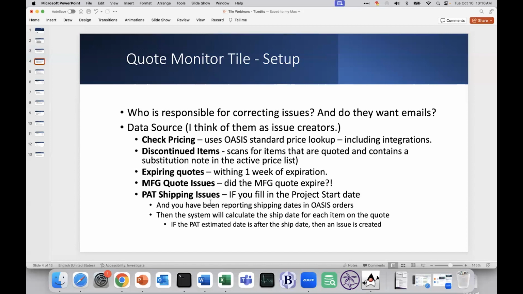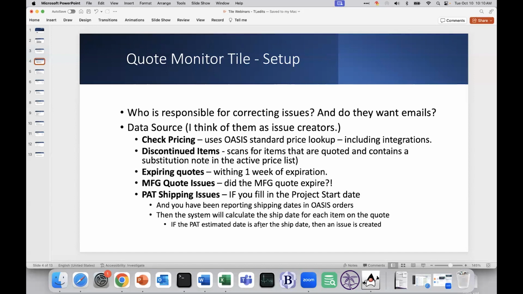Okay. The last one I'll talk a little bit deeper into, and I'll show you examples on these. So just trying to go through these explanations first, or explainers first. The PAT shipping issues. So if you have been placing shipping information in Oasis all this time, Oasis is generating, through this system we call PAT, it's just our AI technology, for lack of a better way of explaining it. It will identify statistically and some other fancy things in there how long it'll take for an item to ship. And what the system does, if you check this, is it runs through your quotes and says, if you were to get the order today, could you actually ship it by what we call